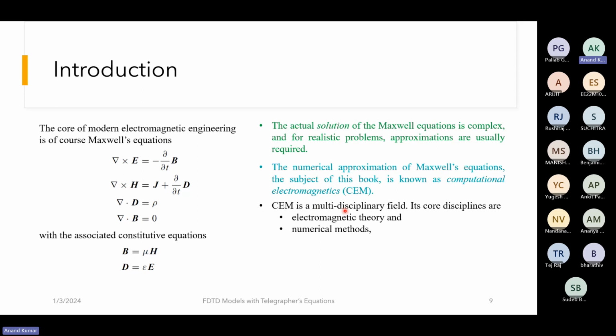CEM is a multidisciplinary field. The core disciplines involved in this are electromagnetic theory, which I believe we all have the background in, and numerical methods, which